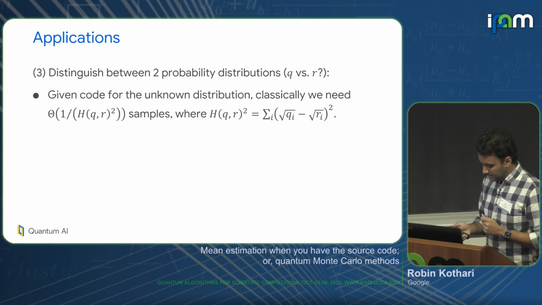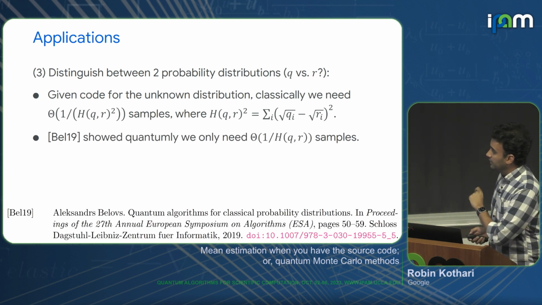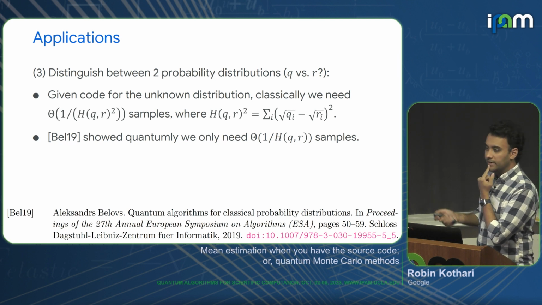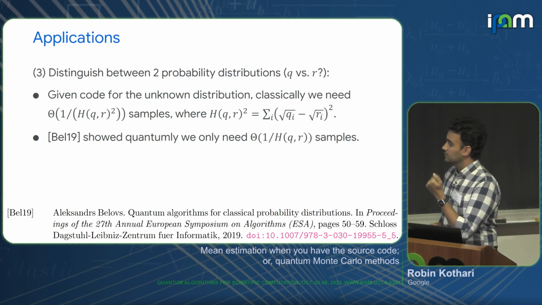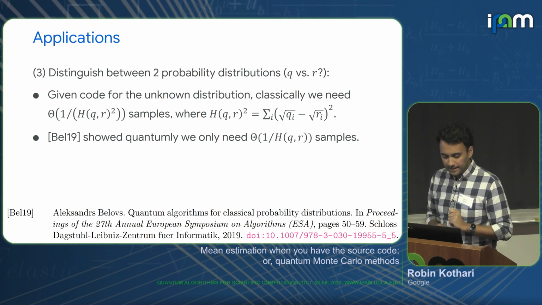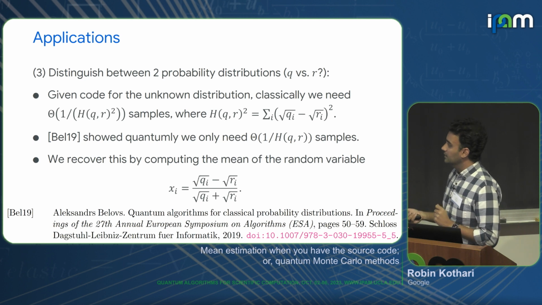And this problem was considered a couple of years ago by Alexander Belovs, who showed that you can quantumly do this with the quadratic speedup. So this 1 over h squared becomes 1 over h. So that's pretty cool. You get a full quadratic speedup for this task of distinguishing two probability distributions in the quantum world. And we can recover this result in our language in a very nice way, which is that